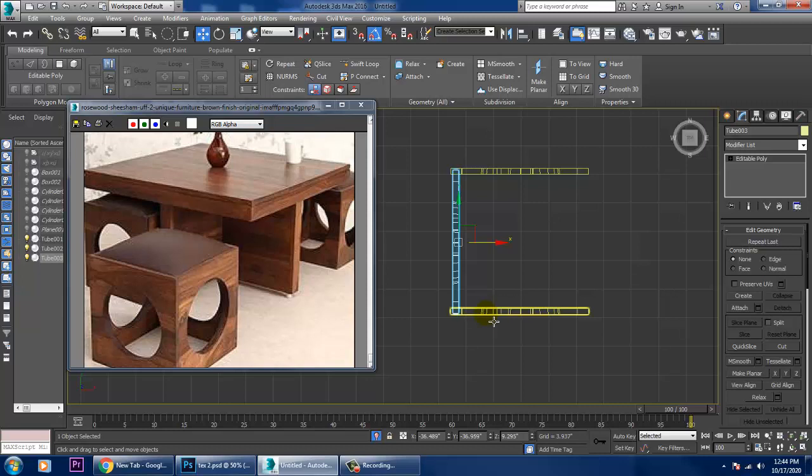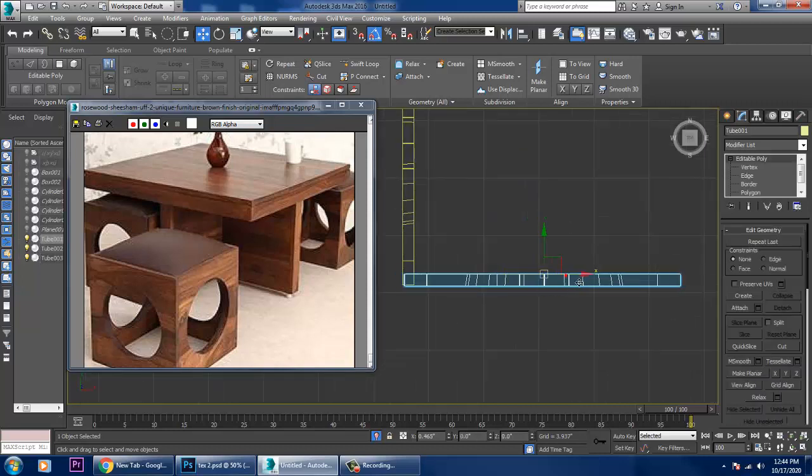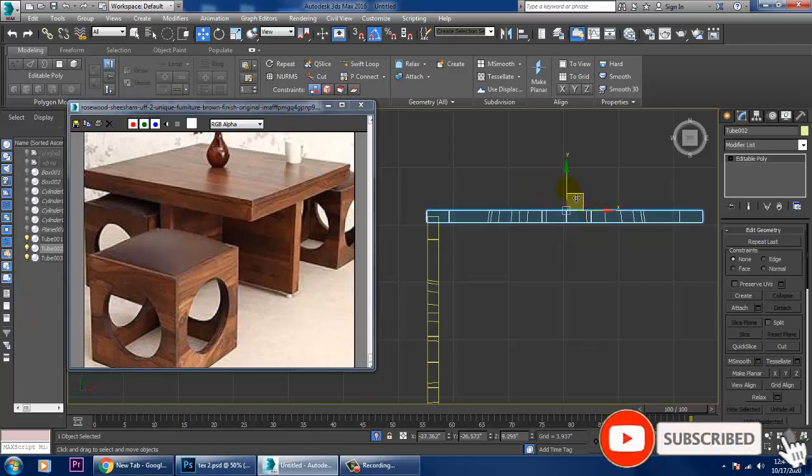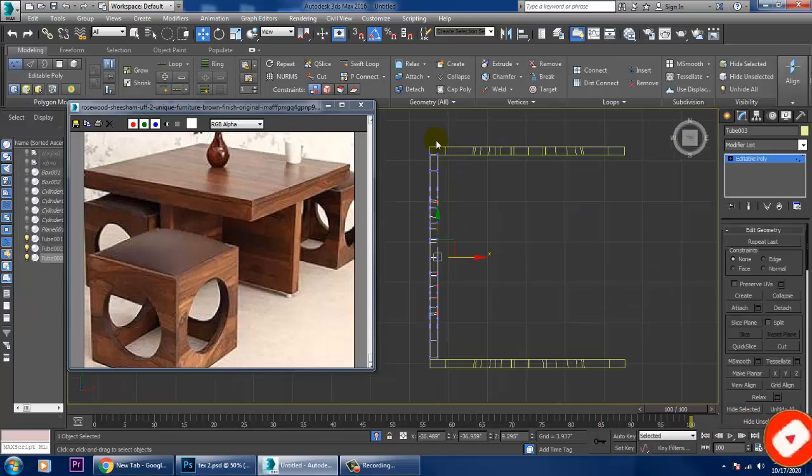So definitely we can just weld this area in this way, or you can just bridge it. So we'll go into this, select this part, and you can just bridge it.